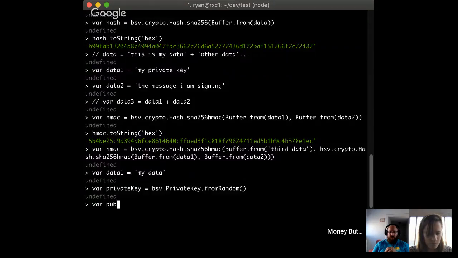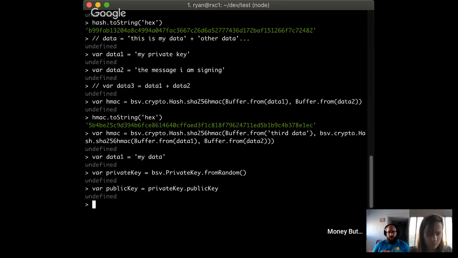Okay, now I'm going to generate my corresponding public key as well. So I now have my private key and my public key. Now what I can do is make my signature. Signature equals bsv.crypto.ecdsa.sign